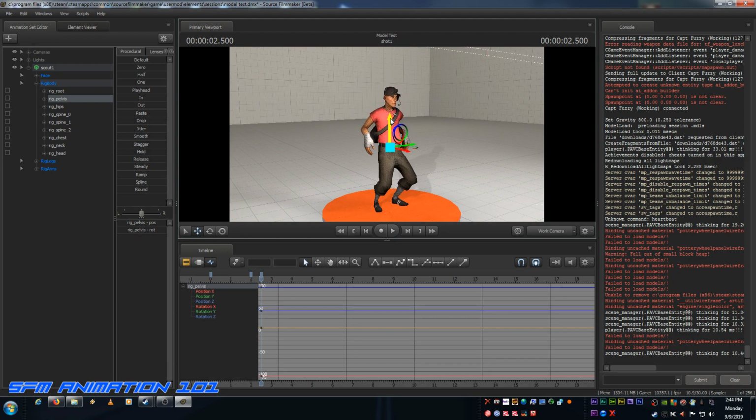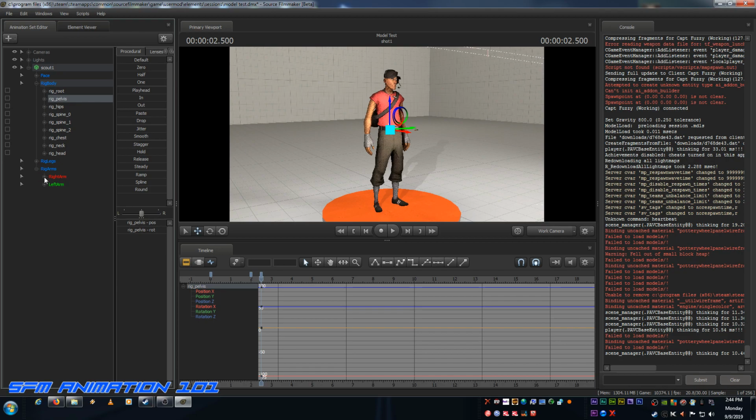So I'm going to crouch him down like this. Now you'll notice his hands are still up there. That's one key thing that I forgot to demonstrate, so I'm going to hit Control Z and bring it back. Before we start animating him, what we need to do is open up the rig arms, and we need to